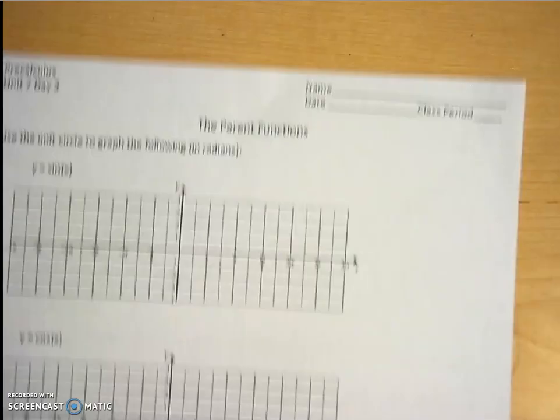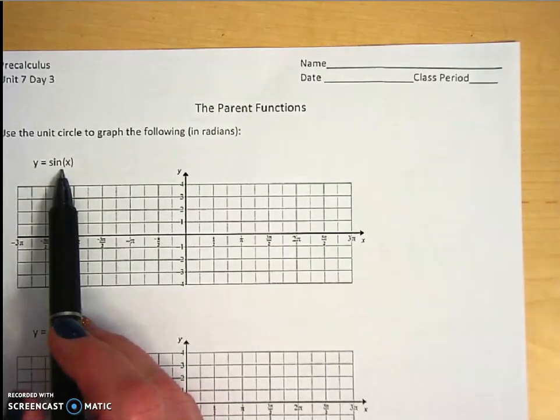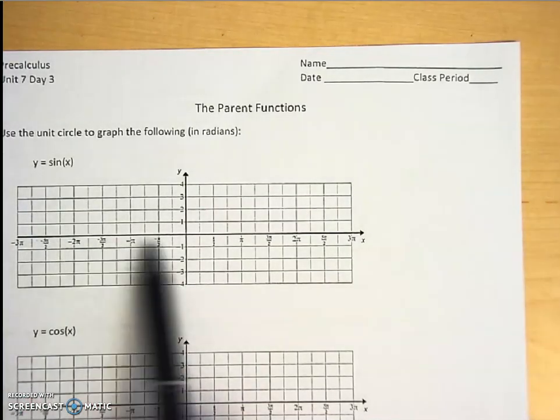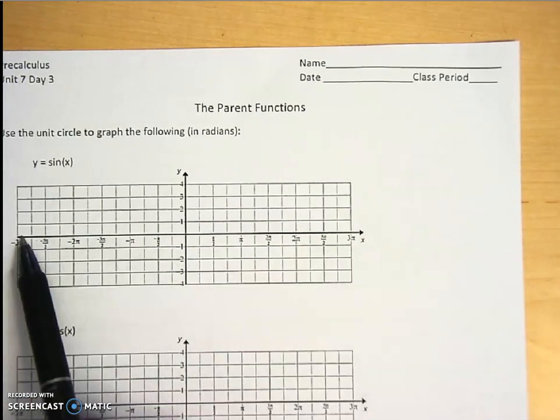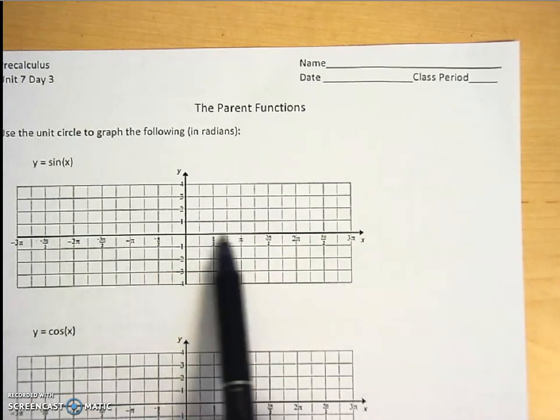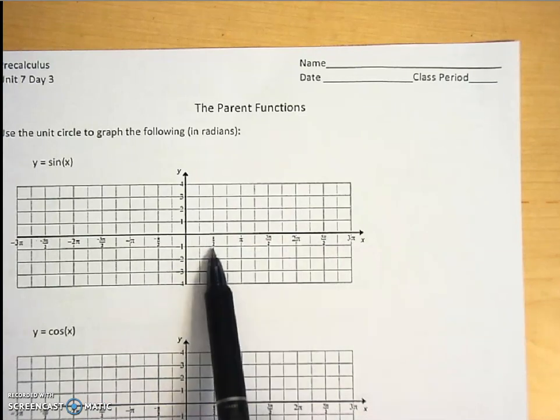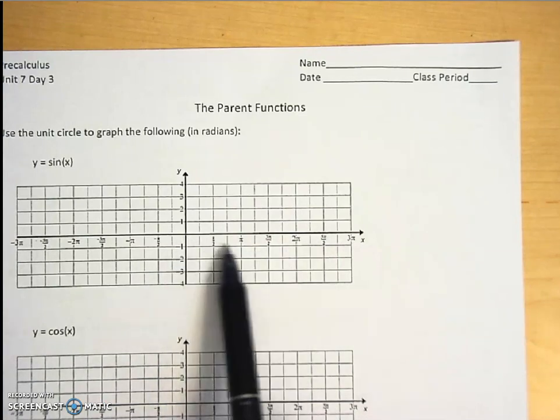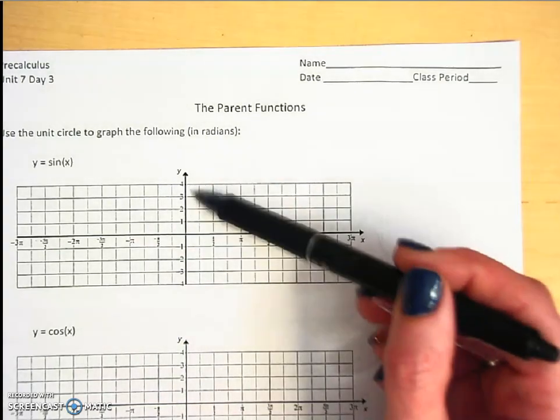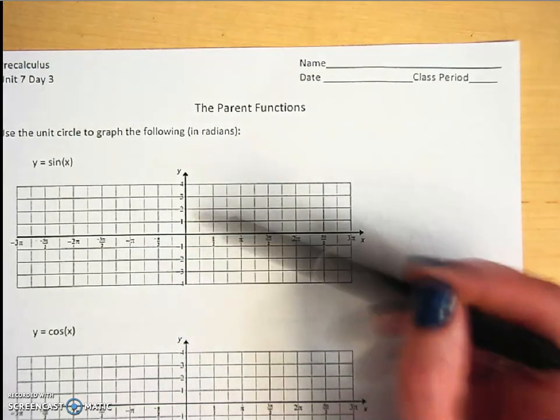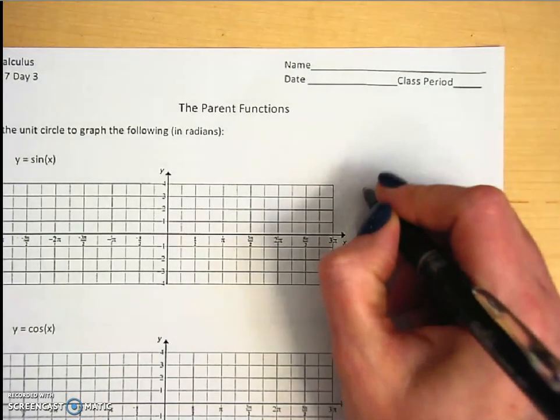So for this first function, we have y equals sine x. Notice that our x-axis is radians. So here our domain is going to be the angles from our unit circle. You can see it has 0, pi over 2, pi, 3 pi over 2, and so forth and so on. And then we have the y values. So starting out my xy table,